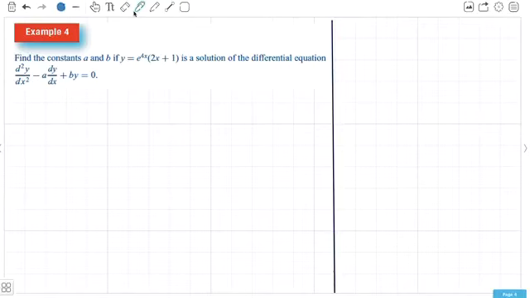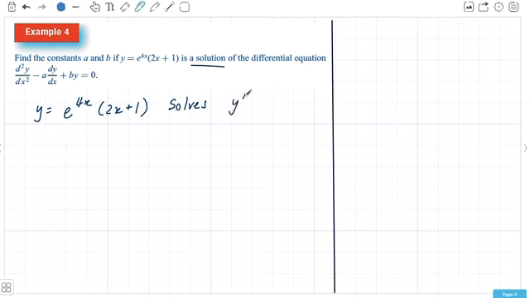This example is a bit of a reverse of what you've done before, because what we're going to do is try and find constants. So again, we've got a proposed solution here, which is y = e^(4x)(2x + 1). And we're told this is a solution of